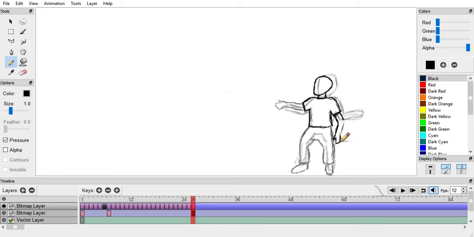I'm not actually drawing directly on the screen. I'm drawing on a tablet that's on the desk in front of me, on my computer desk. I have to look at the screen so that I can see where the pen is going, right? I can see the path of the pen. This is an Intuos Pro drawing tablet. It cost me like 250 bucks.